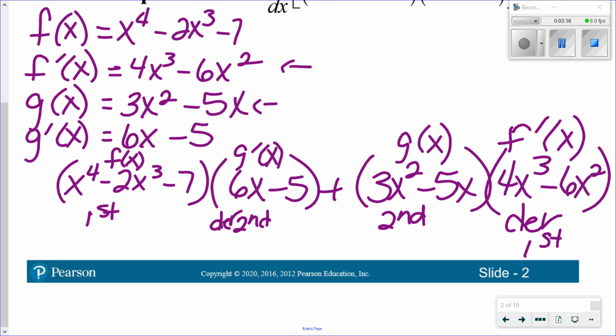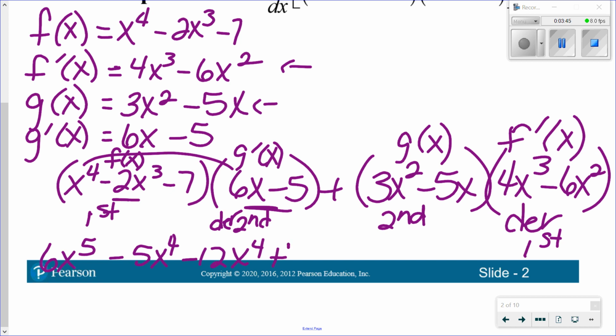Now we have a lot of multiplication to do. So let's go ahead and multiply these things out. So I have 6x to the fifth minus 5x to the fourth. I'm taking this x to the fourth and multiplying by each of the things over here, and then I'm going to move on to the negative 2x cubed. So I have negative 2x cubed times 6x, so negative 12x to the fourth, plus 10x cubed, and then the negative 7, so negative 42x plus 35,